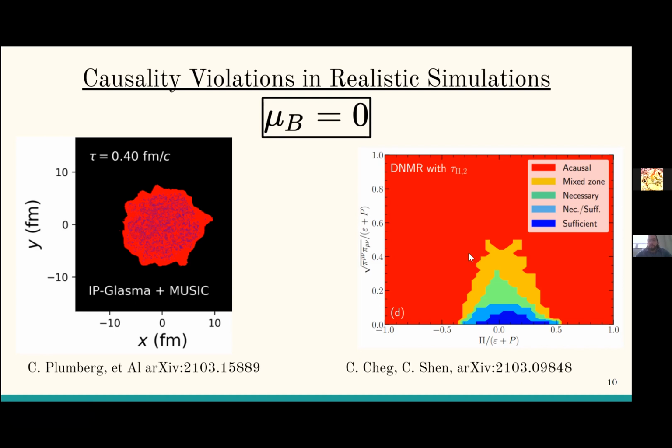Over here on the right, you have a scan of phase space from this nice paper, where they show, given some transport coefficients, what are the largest values for my viscous currents that I can have while my system remains causal. I'm not going to say too much about these papers. I just wanted to give a little bit of a synopsis on those. But if you're interested in this, do look at both of these papers. They're really interesting, and I think they're very important for our field as a whole.